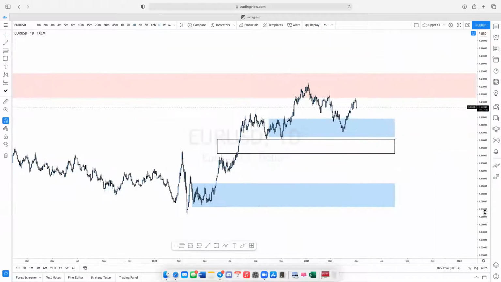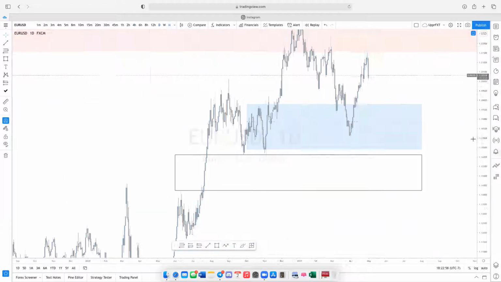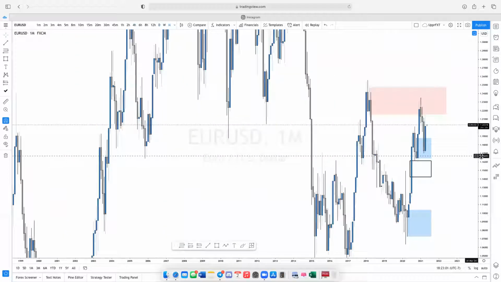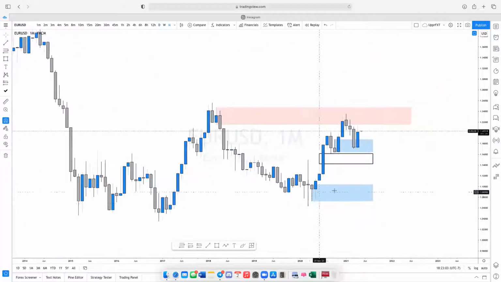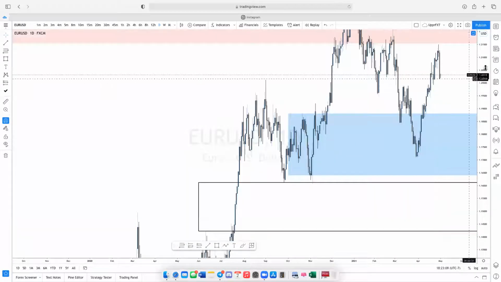Okay, so back to this. We're on the monthly. So there's that monthly look. These are our zones that we marked up. Let's go ahead and go to the daily. On the daily time frame,